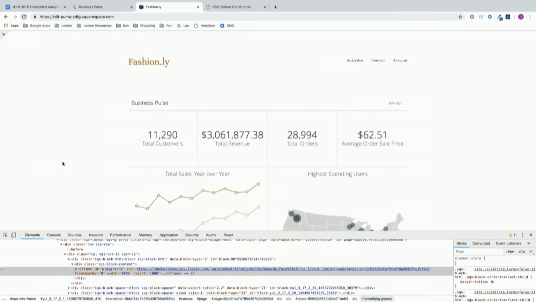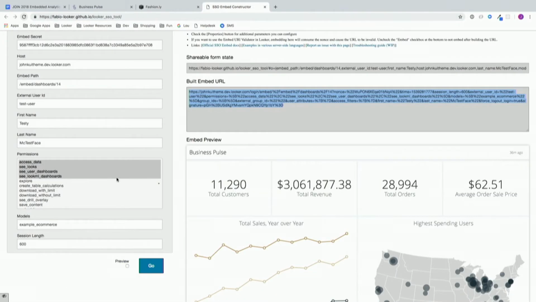And so when we look at it now, we see that all of those other pieces of functionality are no longer part of this embed iframe. There are a bunch of other rights, other permissions we may want to grant to the consumers of this page. Like Arielle was saying, customers might want to schedule delivery of the information that's in the dashboard. They might want to be able to download it and create a snapshot that they then share, for that point in time. So we can easily add those things